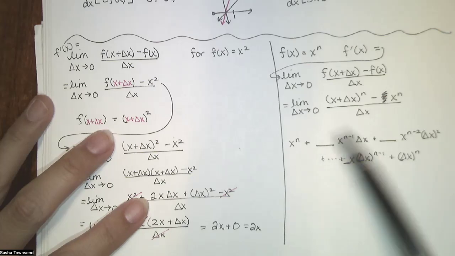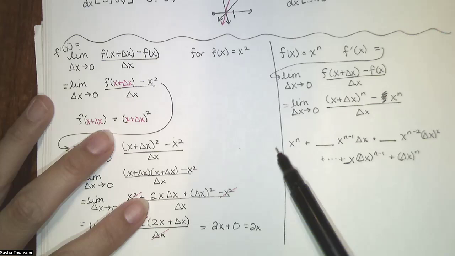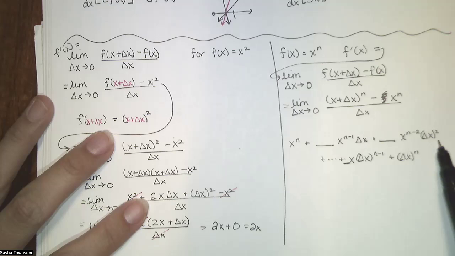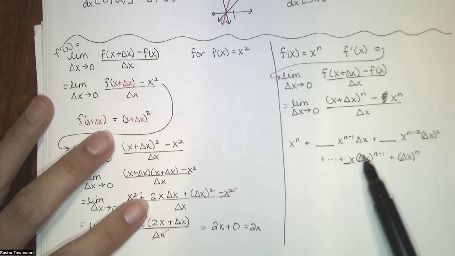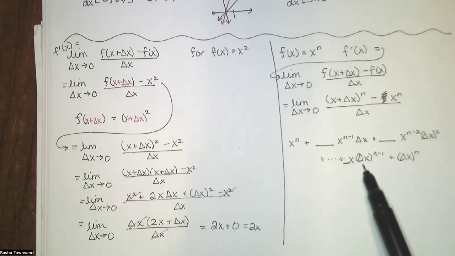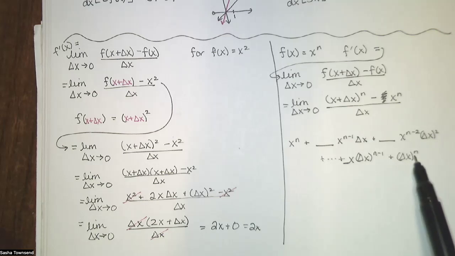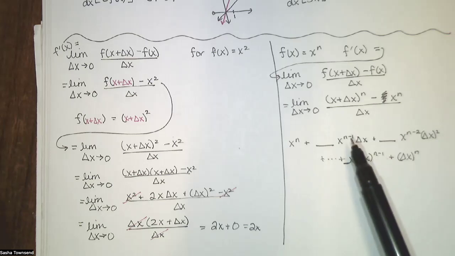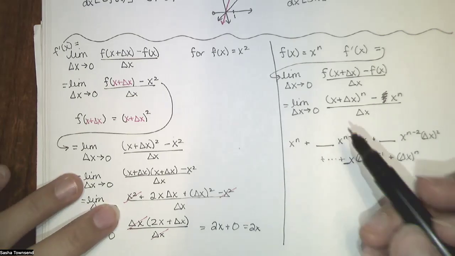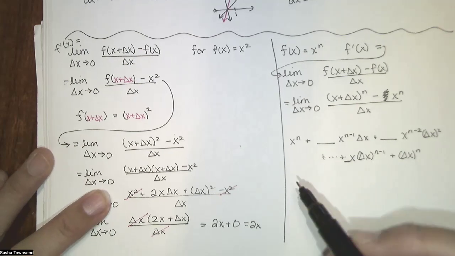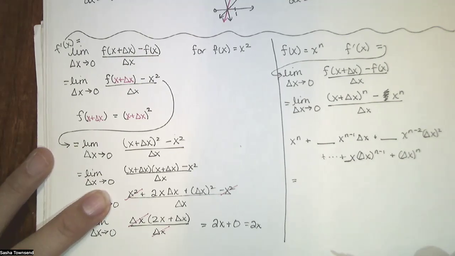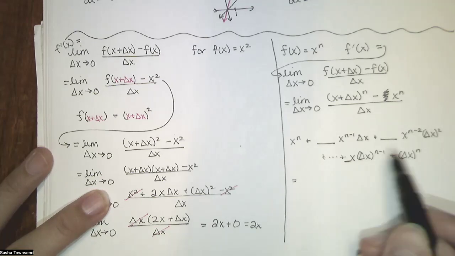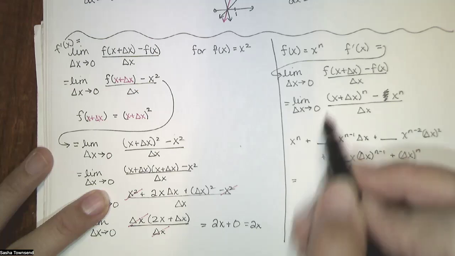Now I want you to notice that if we substitute this expression in with particular numbers here and here and here, when we subtract the x to the n, that term reduces with that. And you're just left with a bunch of terms that all have a delta x as a factor. We've got delta x, delta x squared, delta x cubed, and so on. Eventually we have delta x to the n minus 1 and delta x to the n. And we can factor out a delta x from everything. So this expression right here